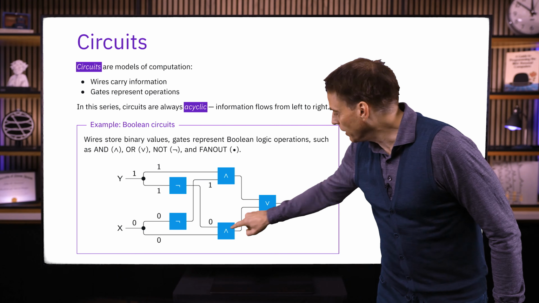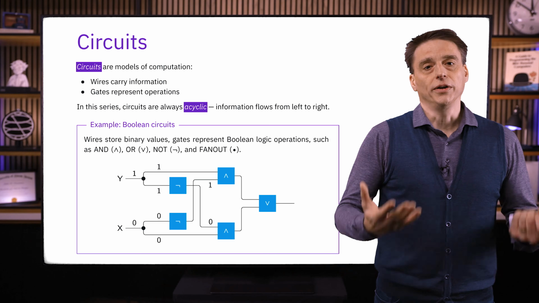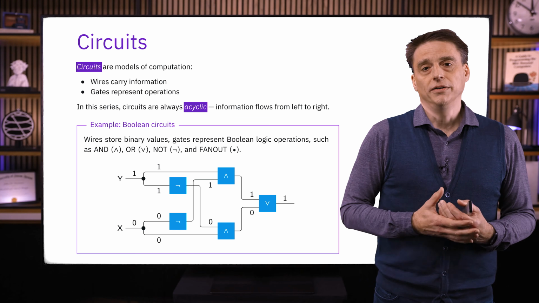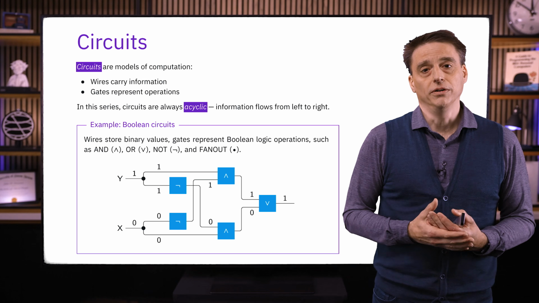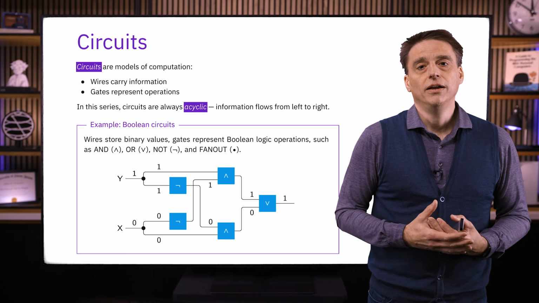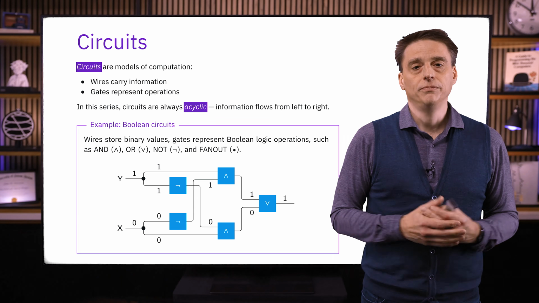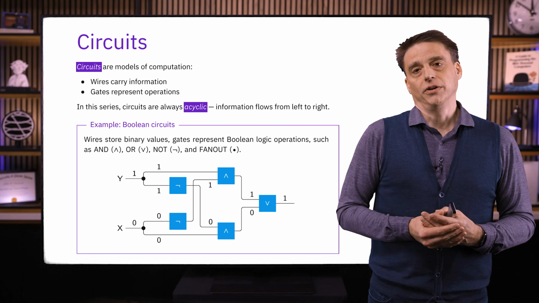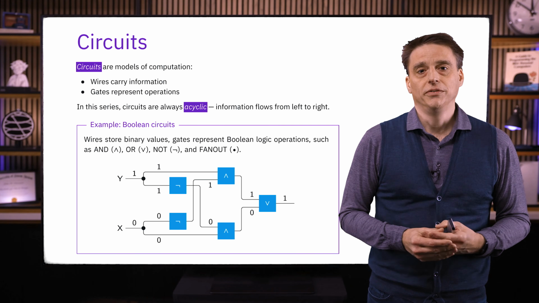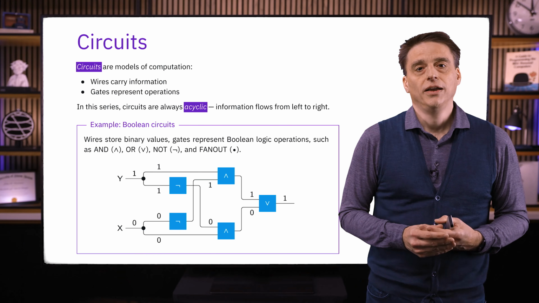These two gates are AND gates. This gate is an OR gate. And if we continue on and propagate the values through the circuit, evaluating the gates appropriately, then we see that the final value on this wire here is a 1. So the entire circuit describes a sequence of operations that are composed as the figure suggests, and we end up